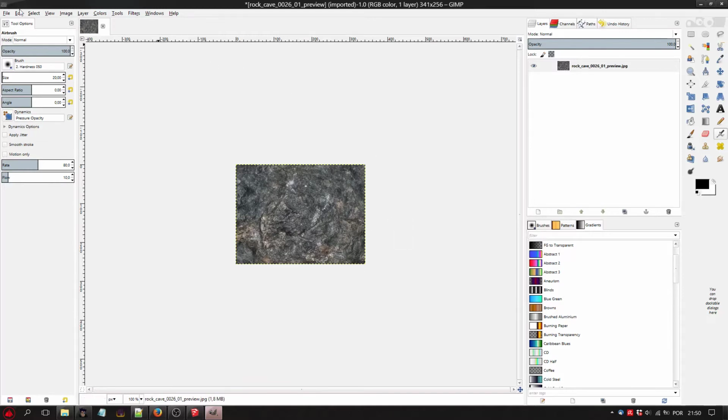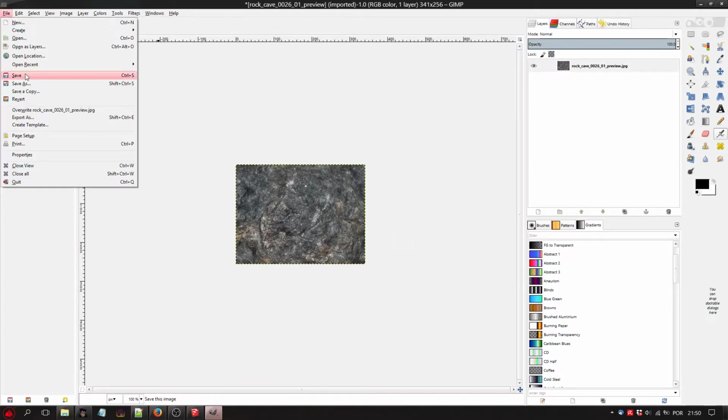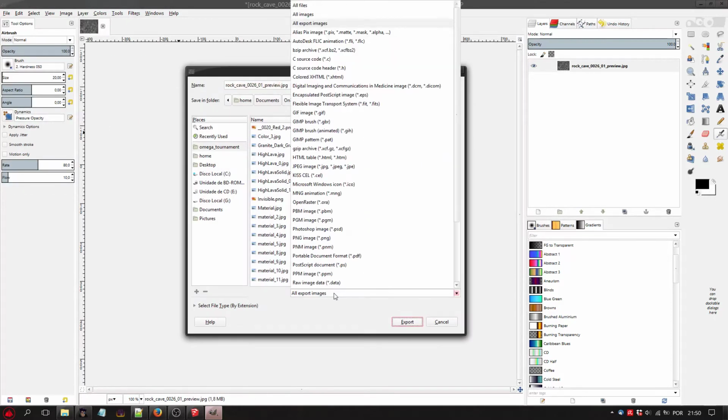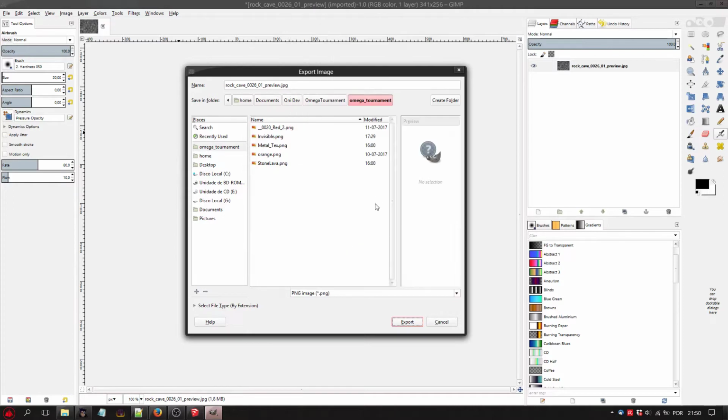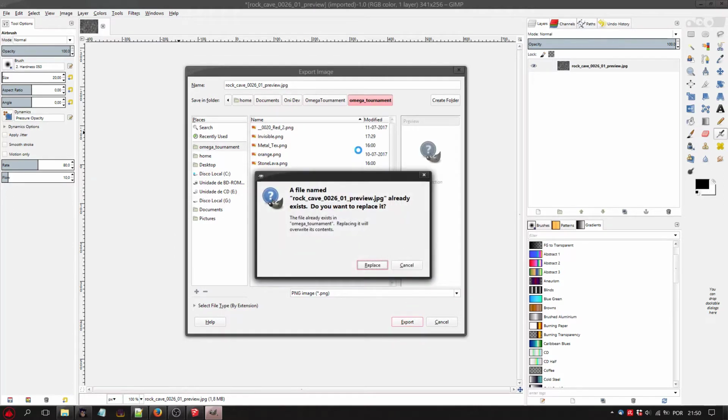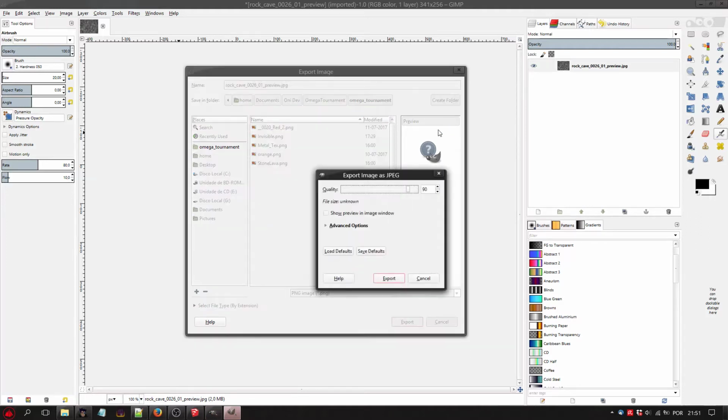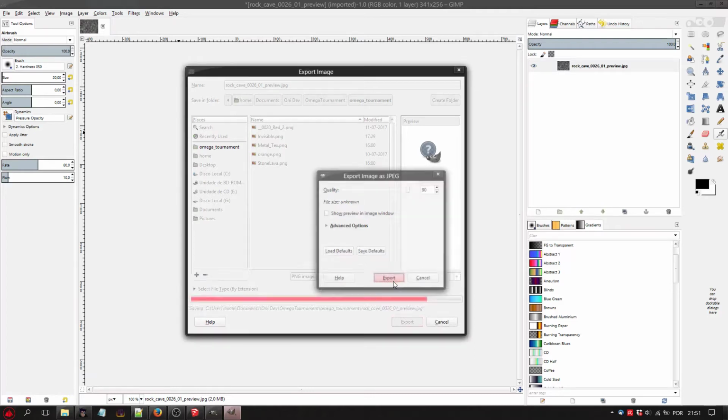Okay, looks nice. Let's save it. I will save it as PNG because I think it's a better format than JPEG. So let's do that. Yes, let's replace. It's okay.